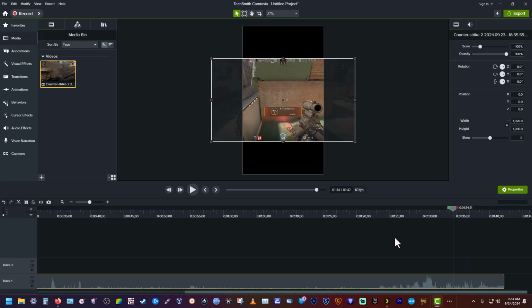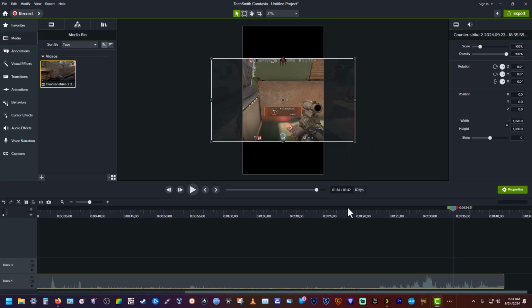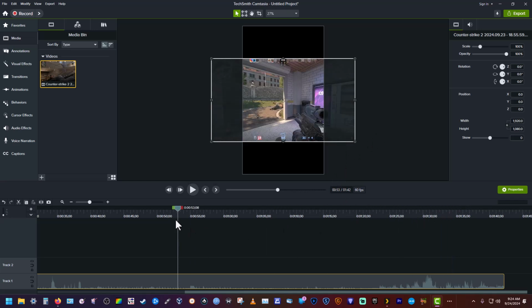But that's okay. The point of this video was to show you two different little ways to make a short with Camtasia. Of course, once you've done that, you just go to export, local file, and put what you want in, hit export. It's as simple as that. But that's an easy way to make a short with